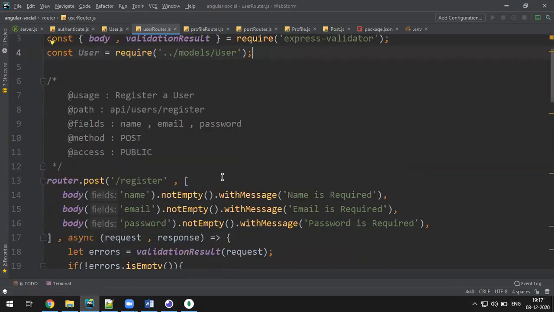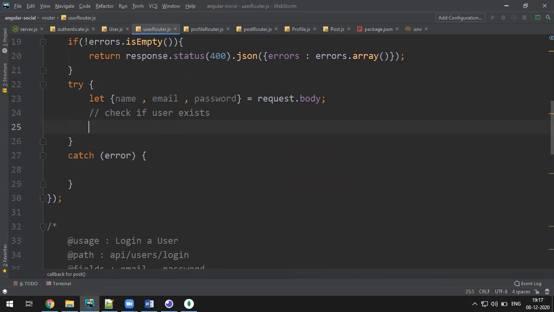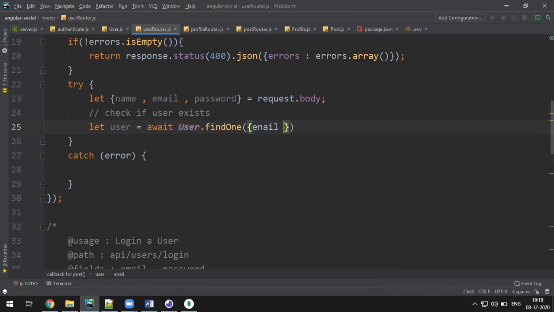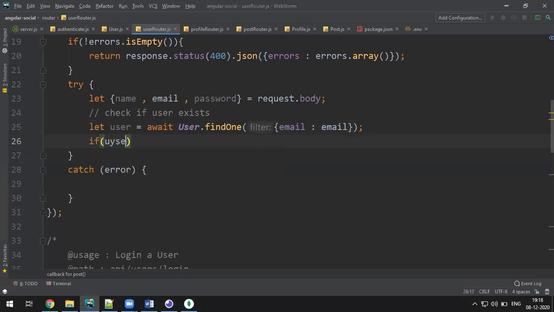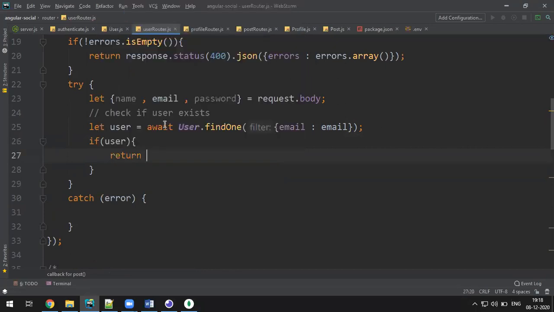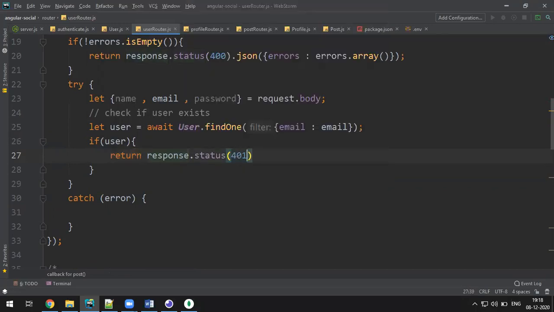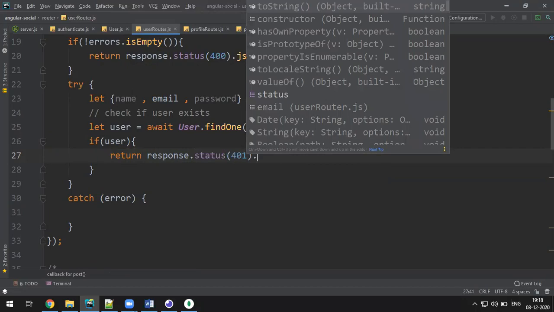And now let's say let user is equal to await user table dot find one, provided with the email. If the user already exists, I return, come out from the loop. So response dot status, respond the status of 401 unauthorized, not authorized to create dot